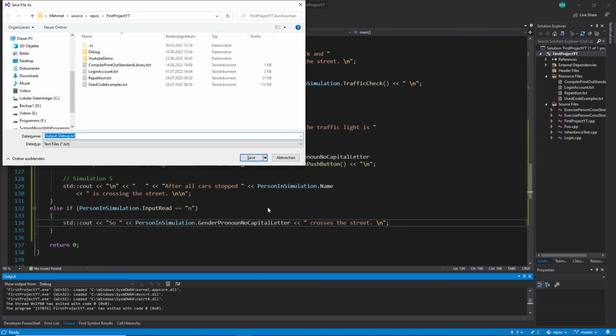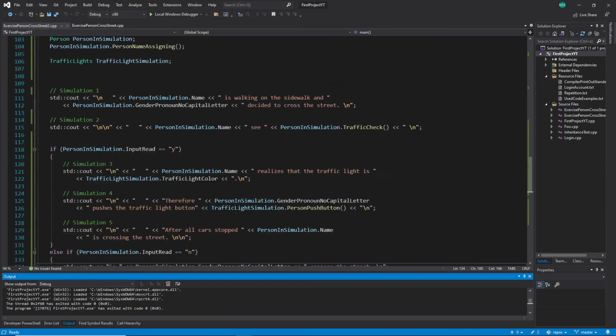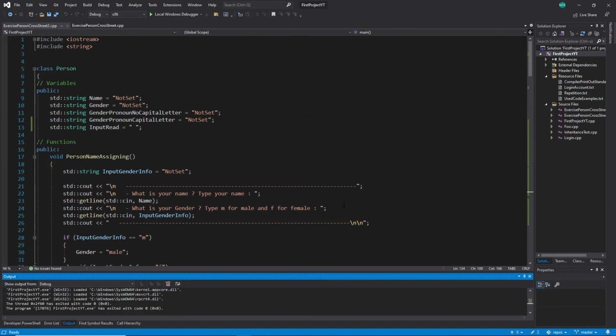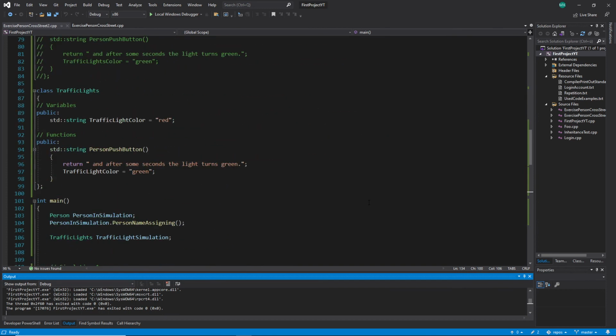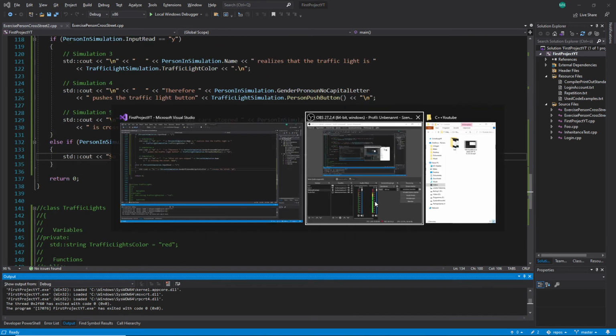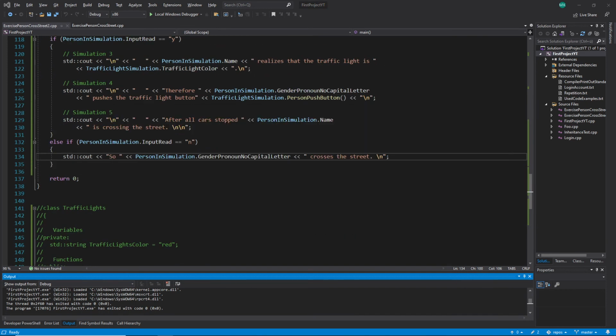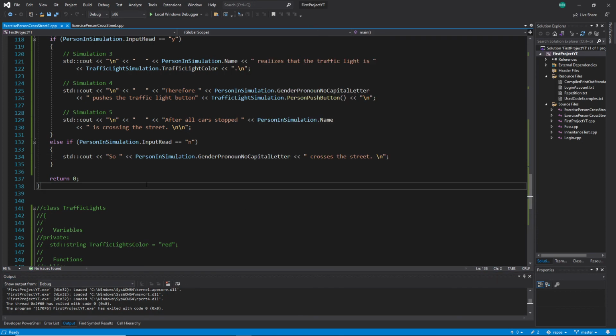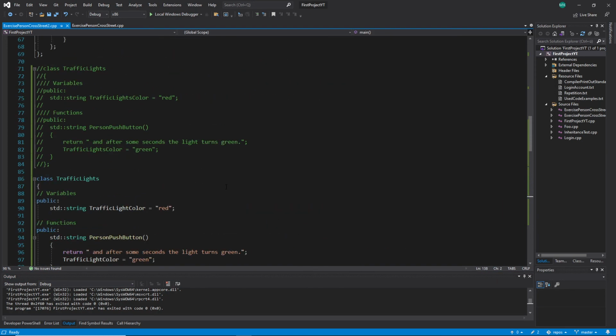I hope that your program worked better than mine. And yeah, we are not finished with this exercise, by the way. And the reason for that is not because the exercise is not finished. The exercise is indeed finished. I mean, we have simulated now this little program here, what you can see, but I want to show you